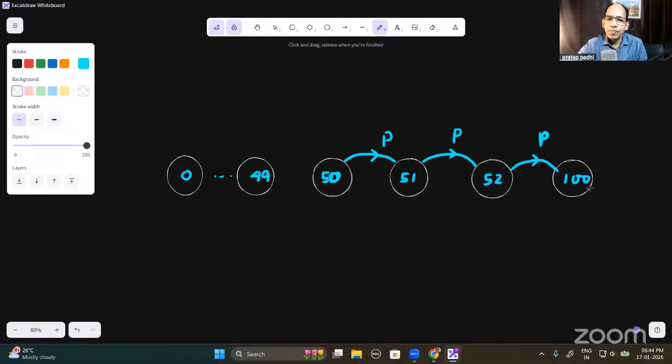But what about here? At state 100, he already has 100 rupees. He is not allowed to play once again. So here he will be absorbed. He will not be able to play further. He will lose here, 49, 0. So these are the probabilities I'm writing. One realization is, you will come here to 0. After 0, next time what will happen? Next minute, if you see his state, because he is no more playing, he will be at 0 only. So if this is time t, the probability of X(t+1) being 0, given that X(t)